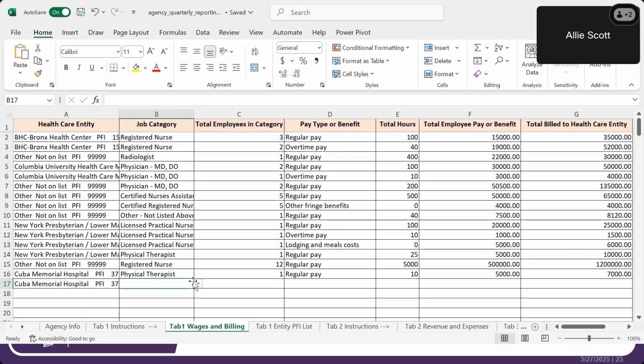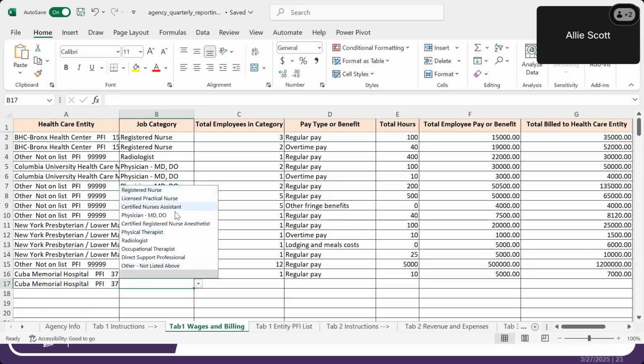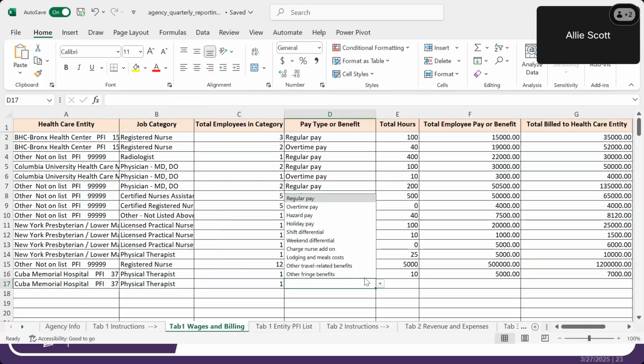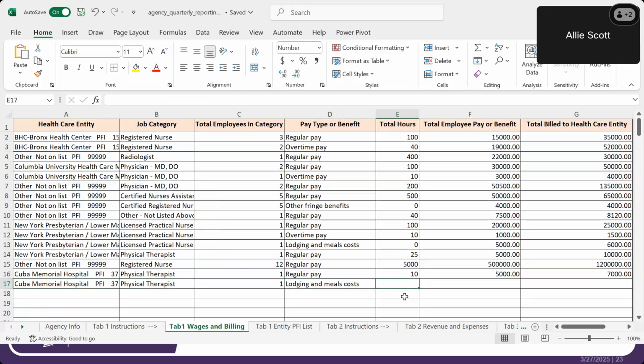Again, for my physical therapist, I'm going to make sure I select my physical therapist. I just had that one person there. And then they also received lodging and meals. For this, I'm going to enter in 0 total hours, and I'm going to give them the amount that I paid them for their lodging and meals.